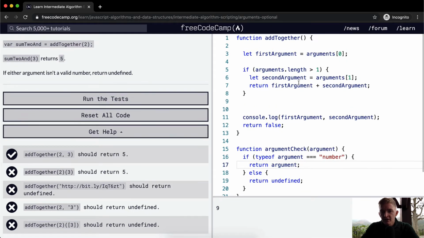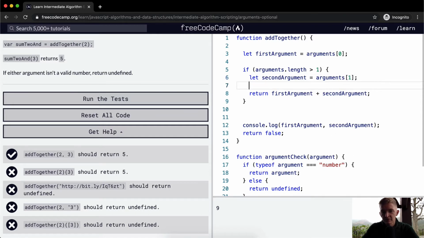So yeah, this works for here, but it doesn't work for here. We need the function to return undefined if we get a number and then a string. So if the arguments.length is greater than 1, so if we get 2 passed in, first off we want to check to see if the first argument and second argument are both numbers, to make sure they're both numbers, right? So let's say if argument check first argument